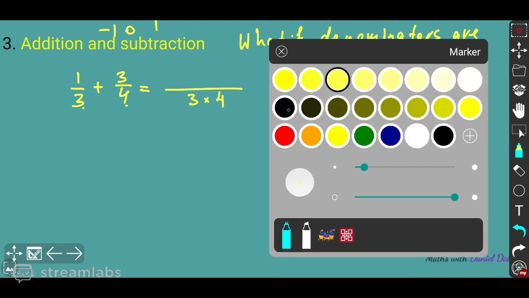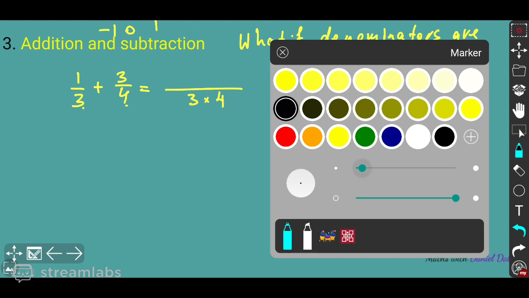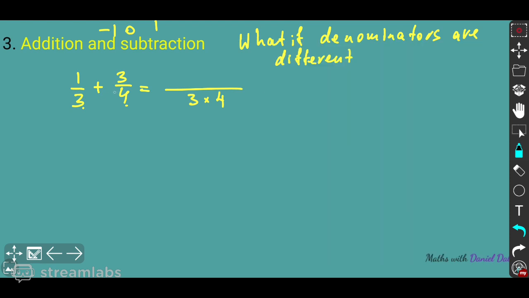So what exactly do I mean by the crisscross? You're taking this 4 and multiplying by 1, and you're taking this 3 and multiplying by 3 here. And that's how you come to the common denominator. Okay? So 4 goes here and you multiply 1 by 4, and 3 goes here, so you're adding. This operation is addition. So because this is adding, you're leaving